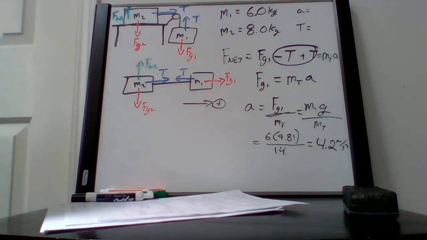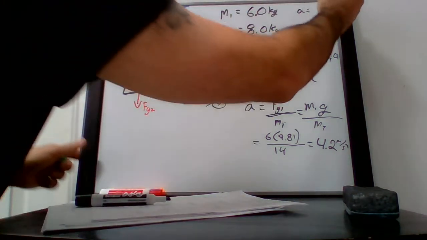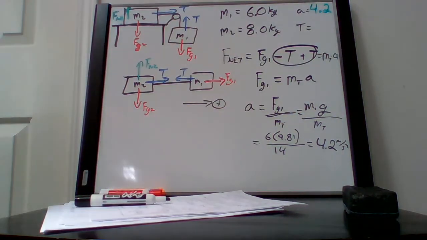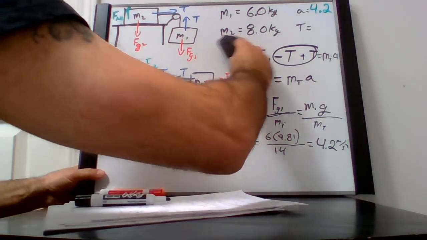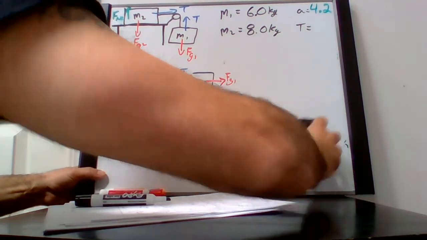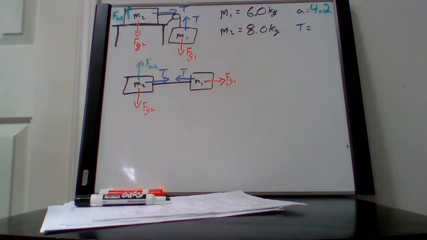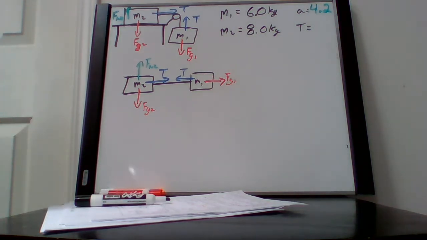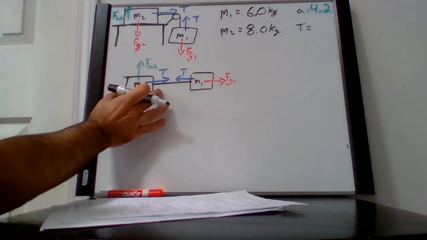The second one is we need to find the tension. Okay, so let's write in there acceleration 4.2. Sorry, I ran out of room to not put the units on there. Okay, now we need to figure out our tension. Again, we can look at either one of the masses here to solve this. However, if I look at my M2,